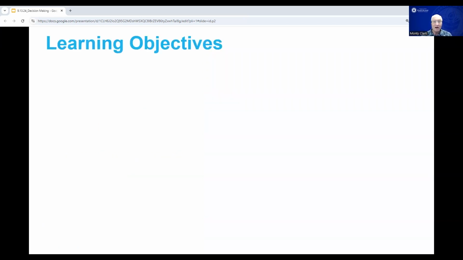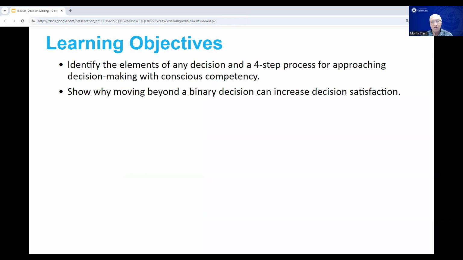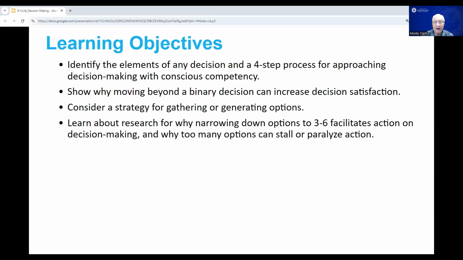So some of the things we want to accomplish today are learning objectives, and there's quite a few of them. Identify the elements of any design and the four-step process for approaching design making with conscious competency. We also want to show why moving beyond a binary decision can increase decision satisfaction, which will involve considering a strategy for gathering and generating more options. We're going to learn about research for why narrowing down options to 3 to 6 facilitates action on design making, and why too many options can stall or paralyze